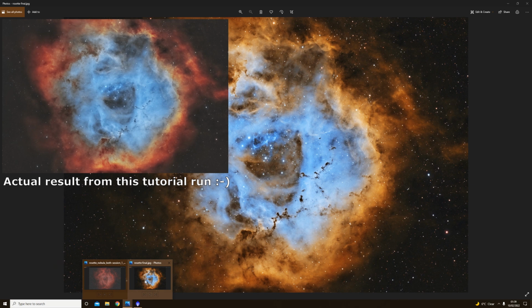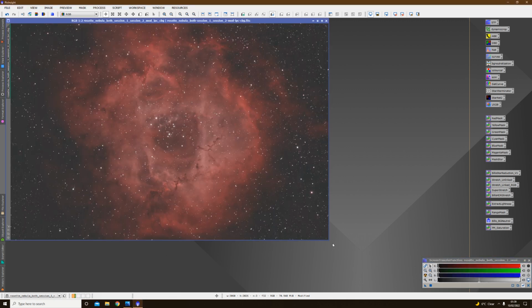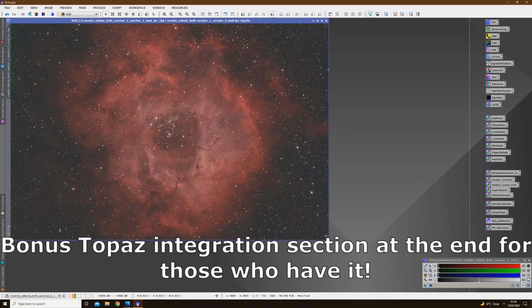Now, if you're interested in following along and doing this with your own data, there will be a few things that you need to take care of before we can actually get started with this tutorial. And indeed, there are a few tools you need installing into your PixInsight. They're all free, by the way. So if you just have PixInsight, then you can basically follow along at no extra cost with this tutorial. And I'll outline all those tools for you now and the steps that you need to take